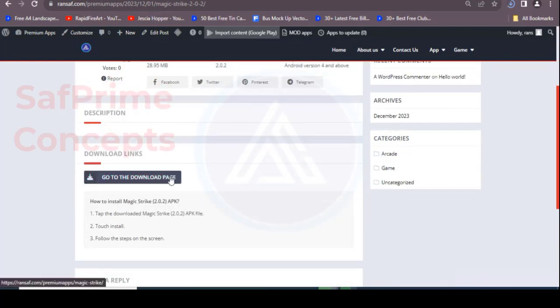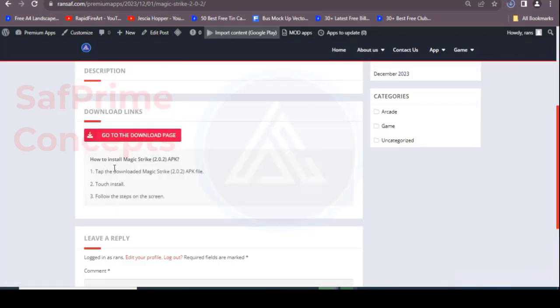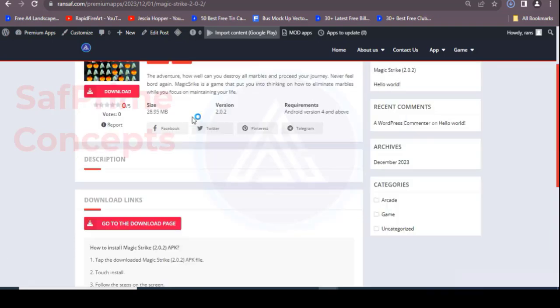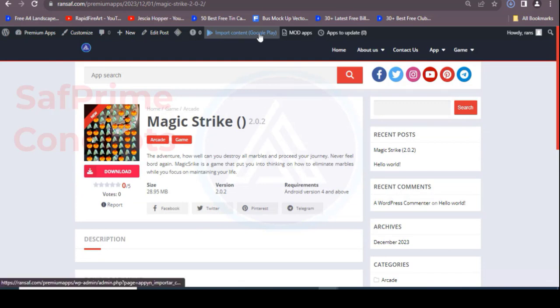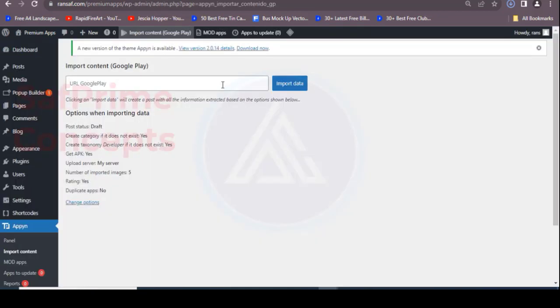Now let's see. You realize that here, how to install it, it has given you some basic guidelines, so you can also edit it under the theme panel or under the theme options. Import content from Google. Remember I told you earlier on that when you go to the Pixels team and you log in, you sign up, you create an account, and you purchase this particular theme, you have an API. So let's see. So when you have that API and you go to this panel and you put it there,